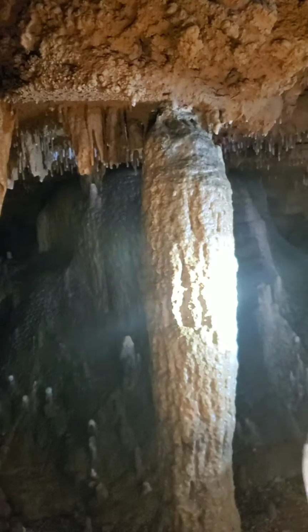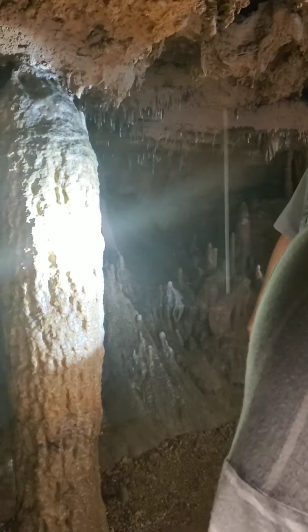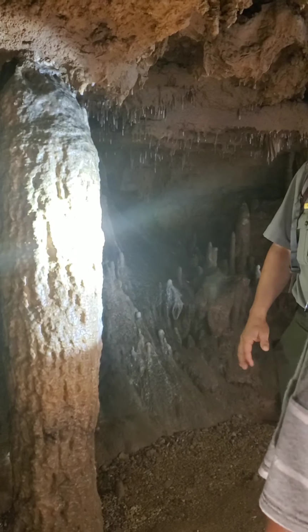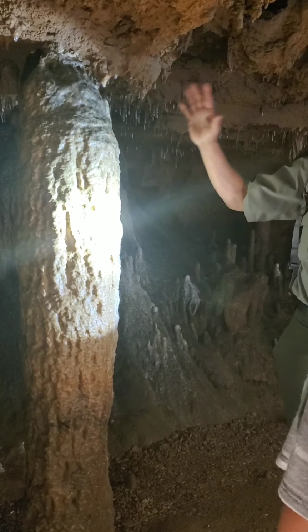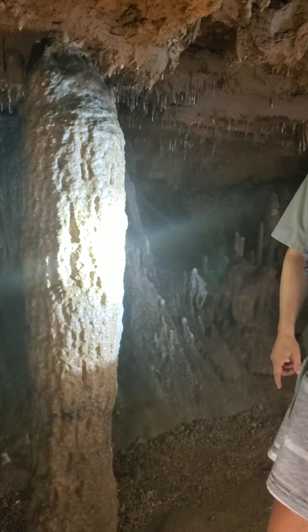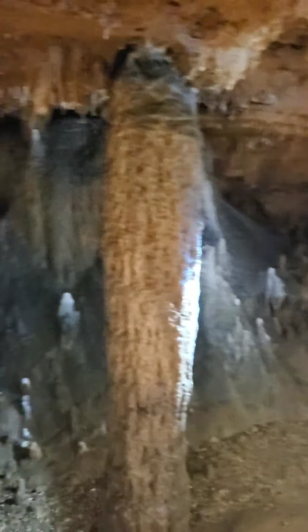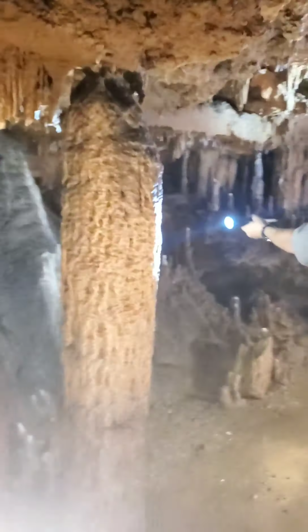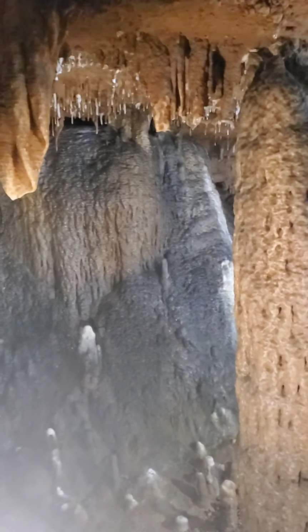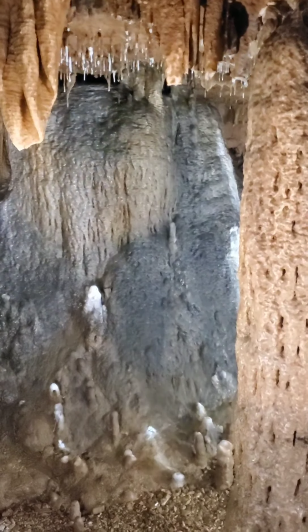Right here, as a tour guide went over the hill, people actually touched this formation. And we can readily see that today because from about here to the top up here, there's no activity going on. No water is actually sticking to this formation because it has so much oil on it. When oil and water don't mix, the water just runs off and does not leave behind any calcite. But on the back side where they didn't touch it, we can see water readily sticking to this formation as the calcite is being laid down. So that tells us that basically the oils on your skin can damage formations,